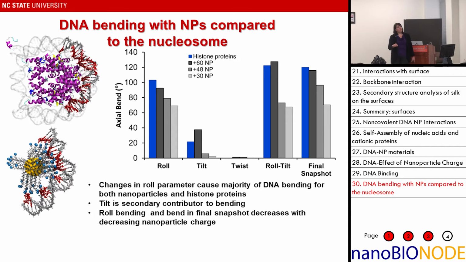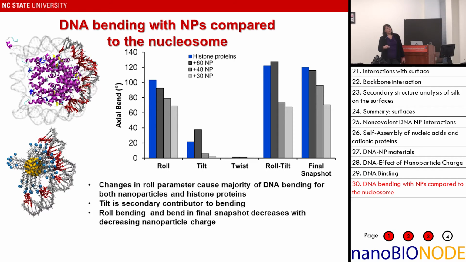So this is the contribution from tilt on the bending. This is the highest contribution from roll, then tilt. Twist has no contribution to wrapping it on a histone. Then if we combine roll and tilt, we can see most of the contribution arises from here. And the final snapshot shows us that if we compare to histone, the plus 60 actually